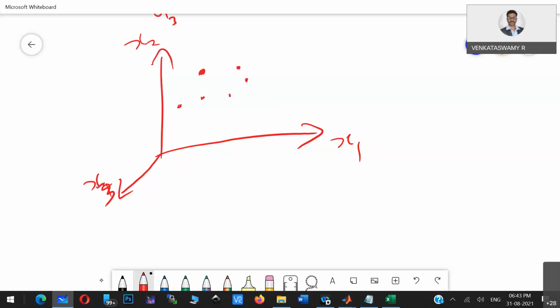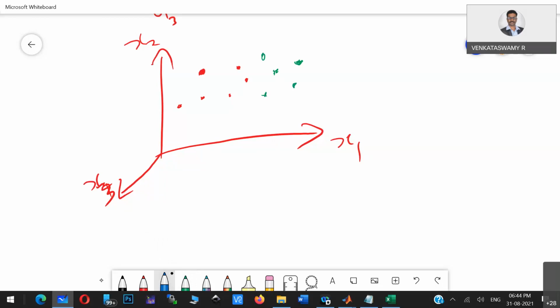I'm just giving you the 3-dimensional space, but you just imagine this in the n-dimensional vector space. So your input output data, each record, is a single point in that vector space.